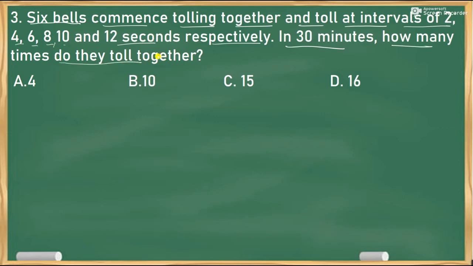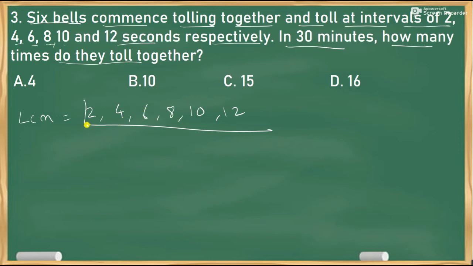So this question is similar to the recent question that we have discussed, where three friends meet, one at 2 days once, 3 days once, and 4 days once, and they ask when they meet each other. In a similar way, assume there are 6 friends, that means 2, 4, 6, 8, 10, 12. Now what you have to find is the LCM of these values. Once you find the LCM, you'll come to know when all these bells will toll together.